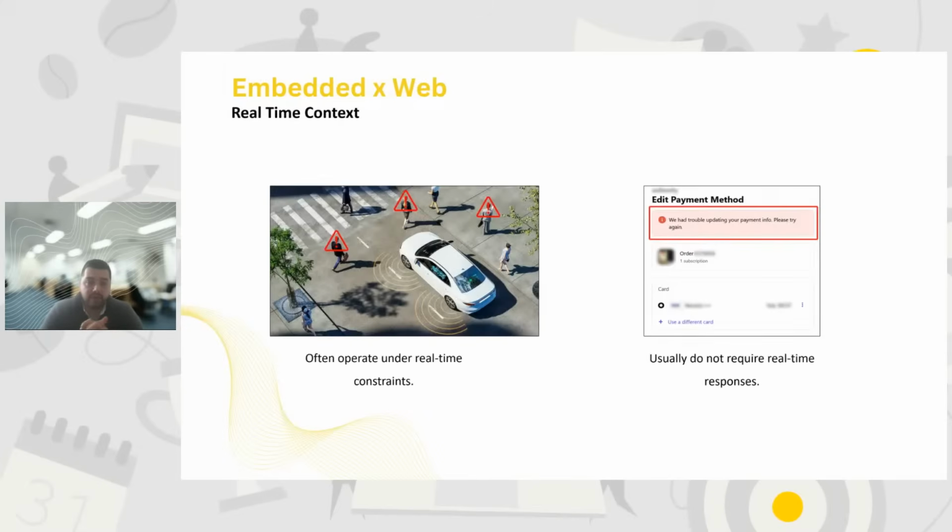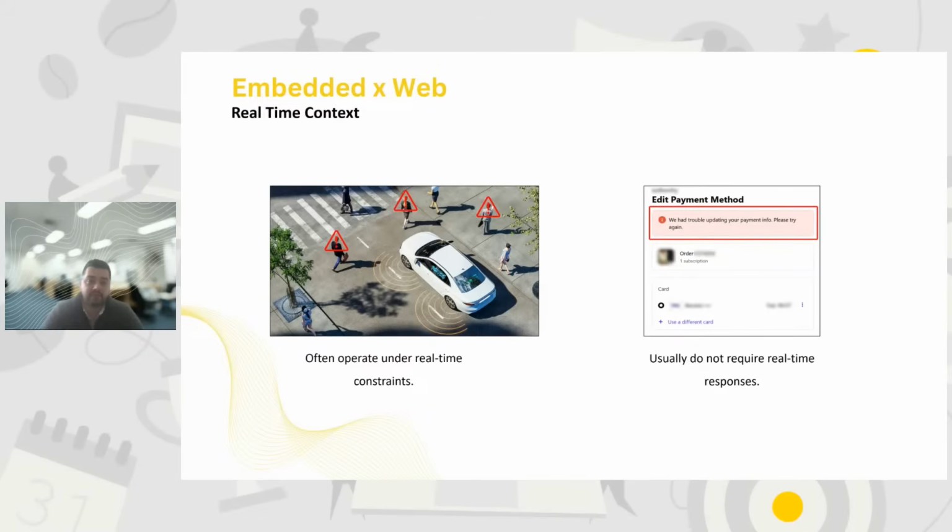Then we have real-time context. A lot of embedded systems are really important because of the need for a real-time response. For example, in this picture, we can see an embedded system integrated in a car that is responsible for understanding the behavior around the car. What does it represent? It represents a critical safety system,